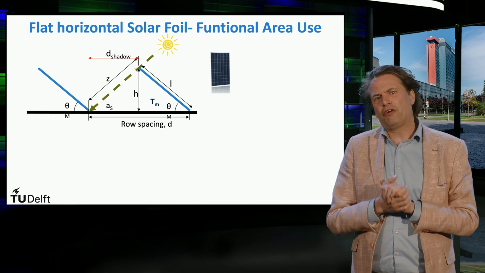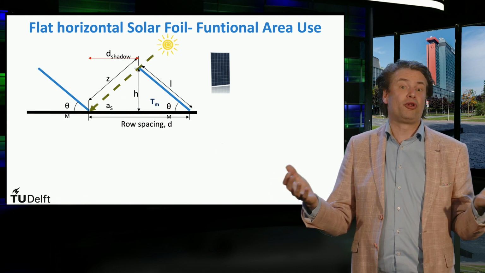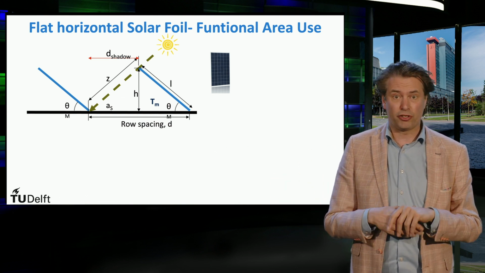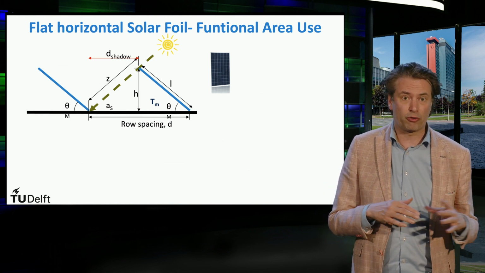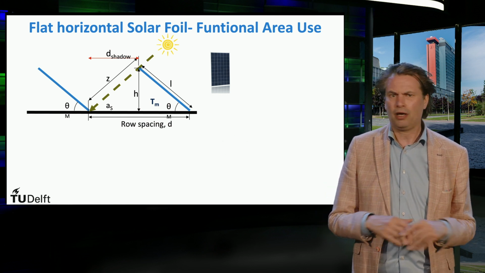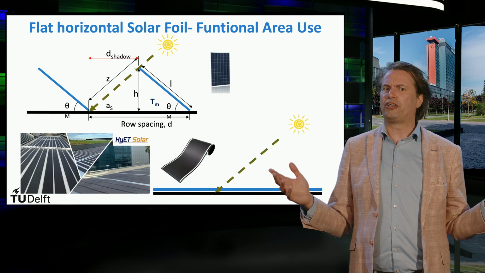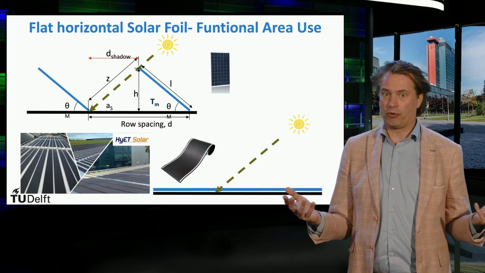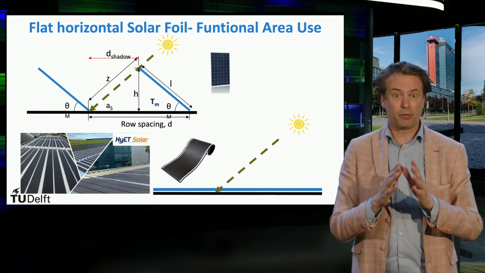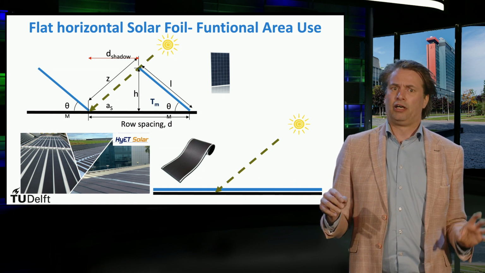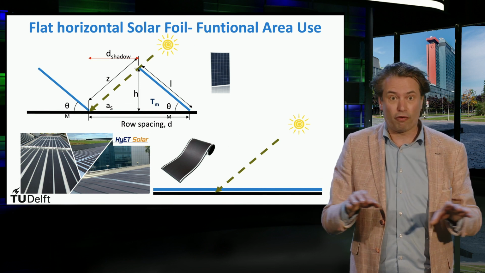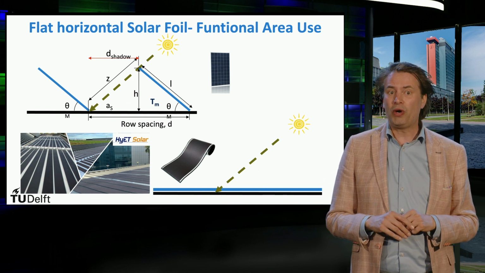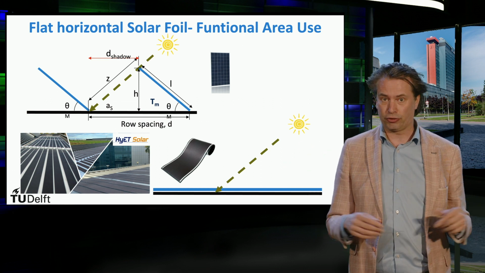So far in this video lecture, we have considered the traditional glass encapsulated panels and discussed their mounting strategy in terms of mutual spacing, ground cover ratio and energy yield. However, if we consider a flexible solar foil product, the mounting strategy can become significantly different. These modules can, for instance, be cost-effectively glued to a facade or flat roof surface with extremely high ground cover ratios.